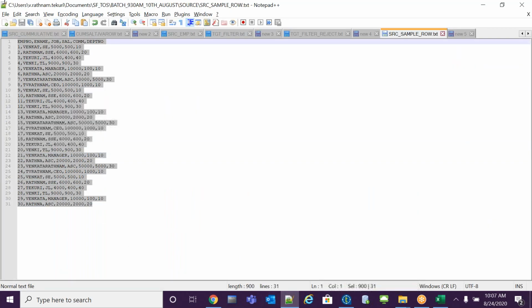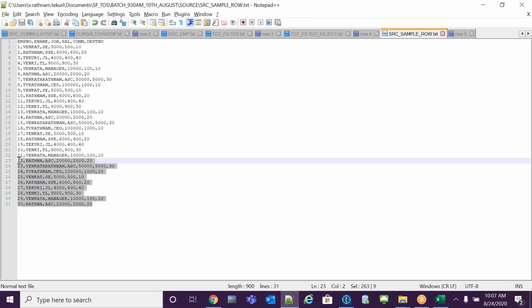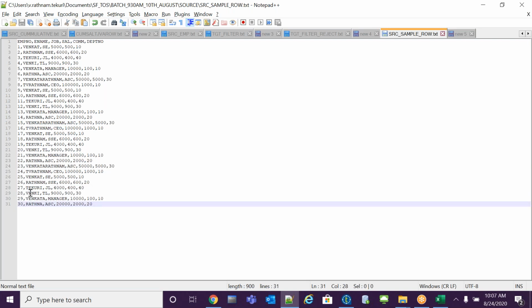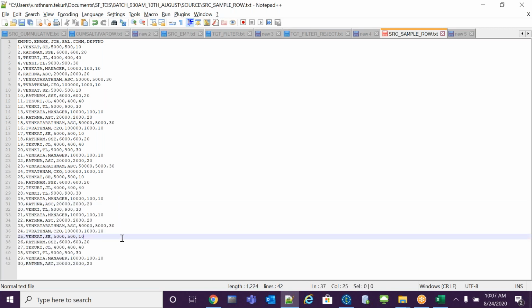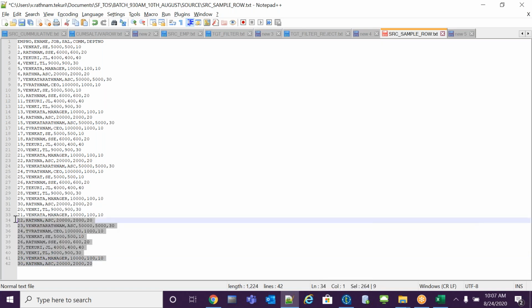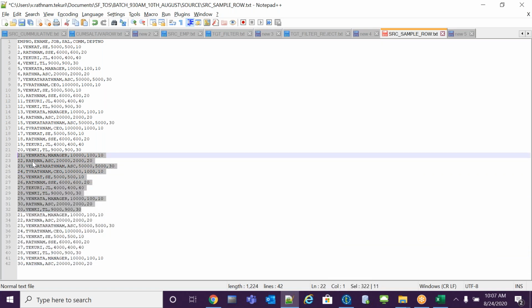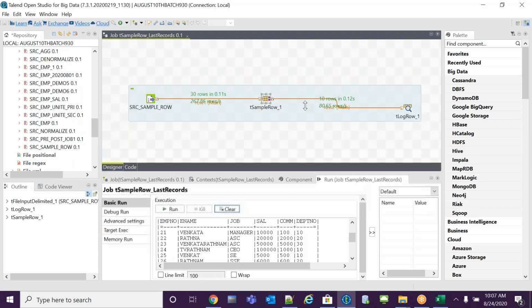But I don't know what the source count, the source records, is. So tomorrow some more records may come. Assume that some records came, but I still want to get 21 to 30. It will display the last 10 records, assuming these records came. So what is the last 10 records? This is the last 10, but this is not the last 10, right? The records will come 21 to 30. In this case, this design is wrong, but how to get it?